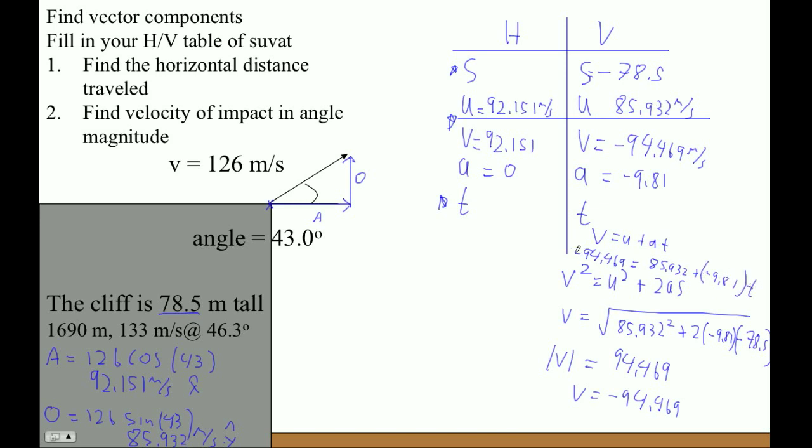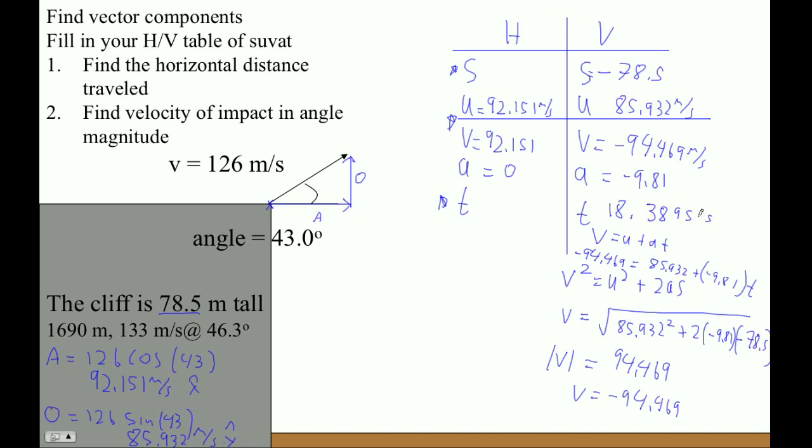If you miss this minus sign, then you get, of course, a very short time. But let's see. Divided by 9.81, I'm getting that the time is 18.3895